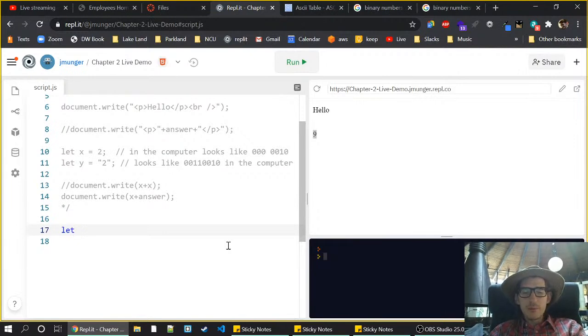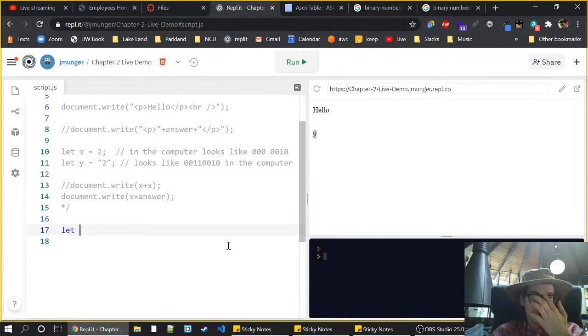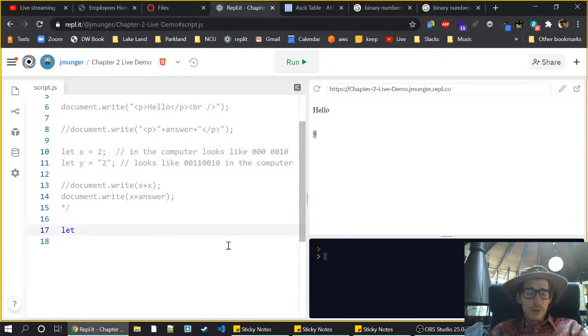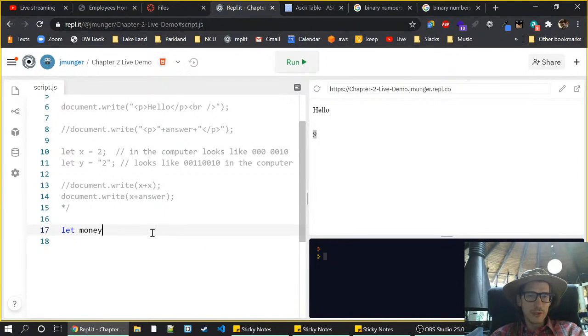All right. It used to be a big deal in the past when computers didn't have a lot of storage space. X and Y would save you so many characters if you use those, and your program would be smaller. Now it really doesn't matter at all. You don't want to use too long of names, though. So I'm going to just call this Money. That seems good for something about money. Okay. And so,